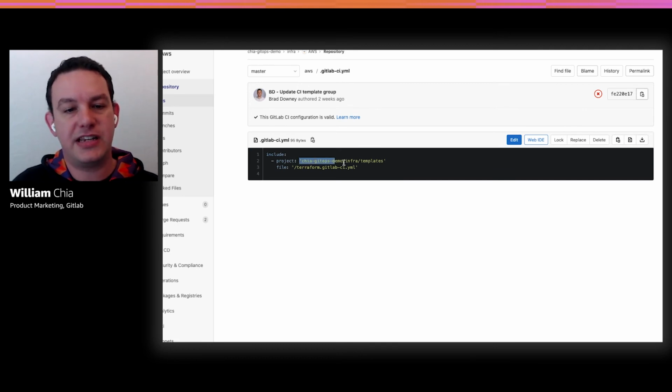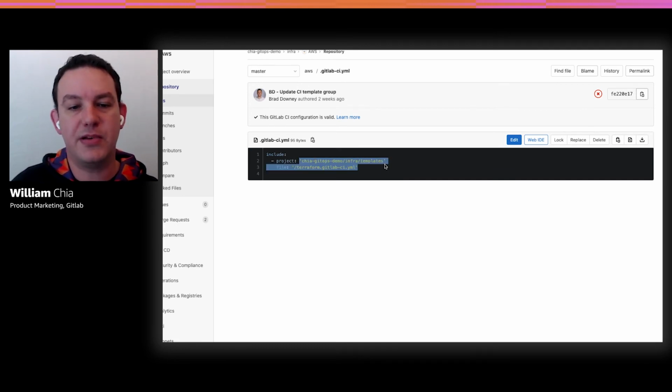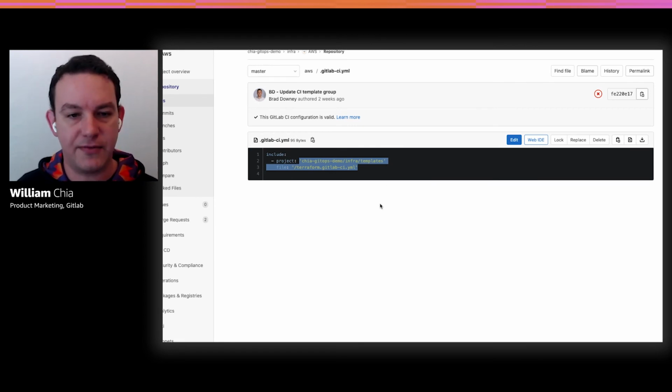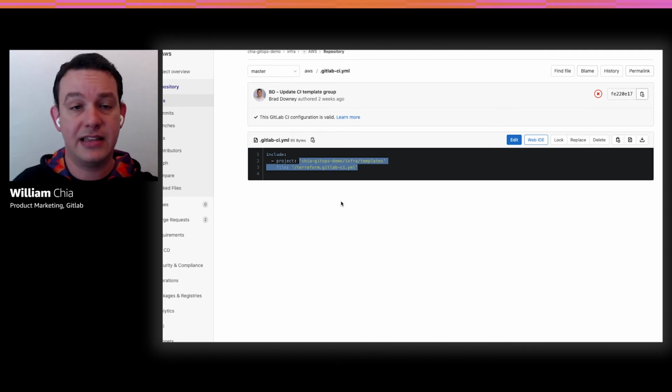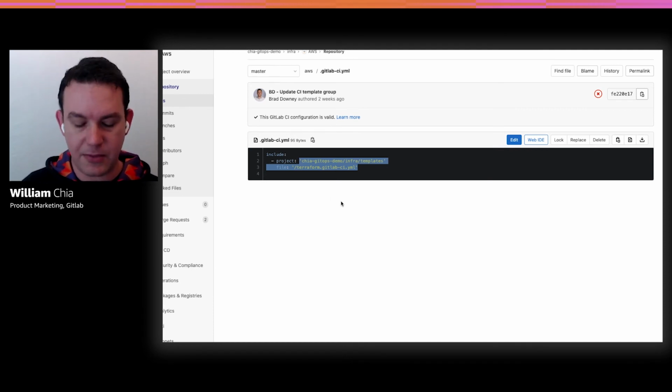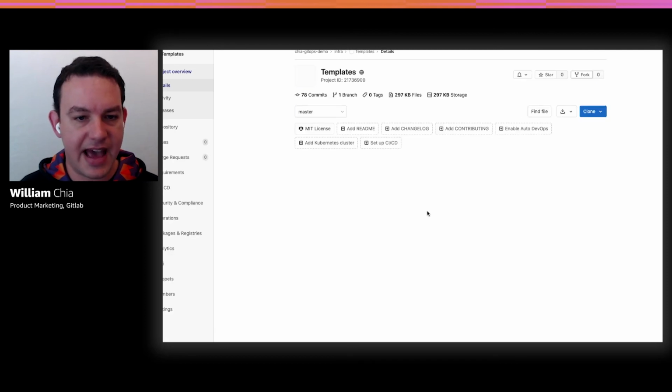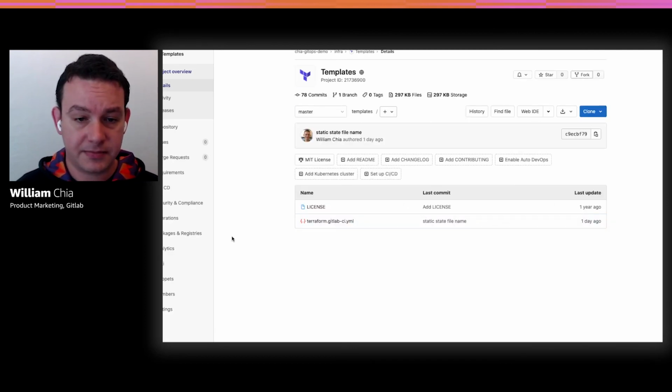And what I'm leveraging here is the ability to import a template pipeline. So that way I don't have to mess with various clouds in a multi-cloud environment. I can just have one pipeline that says go and enact the Terraform changes, and then whatever Terraform I have in that project is what's going to run in this pipeline. So let's just take a quick look at that templates project.